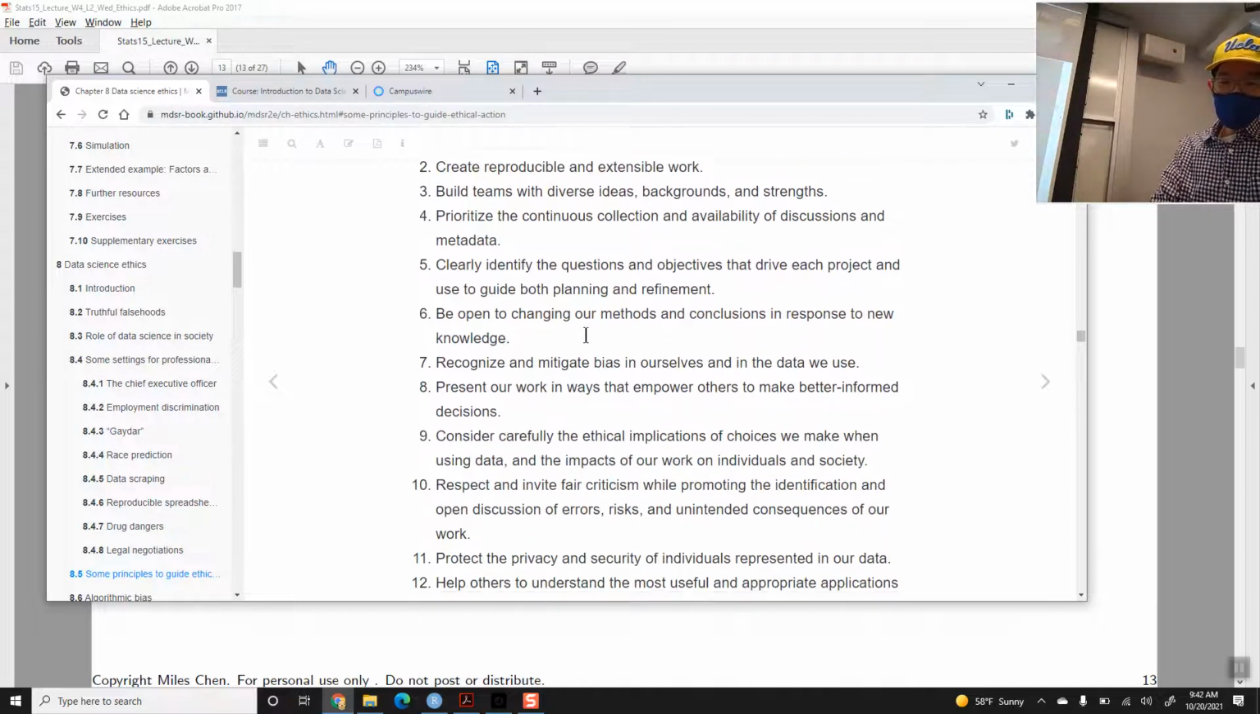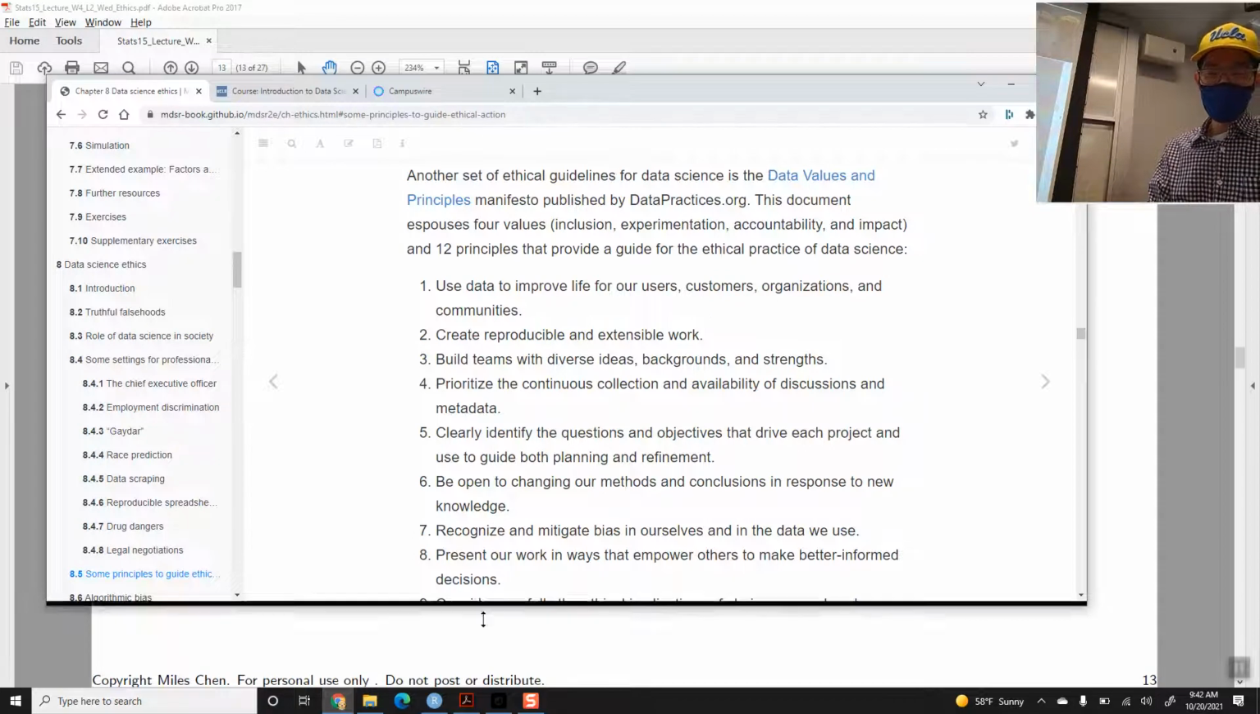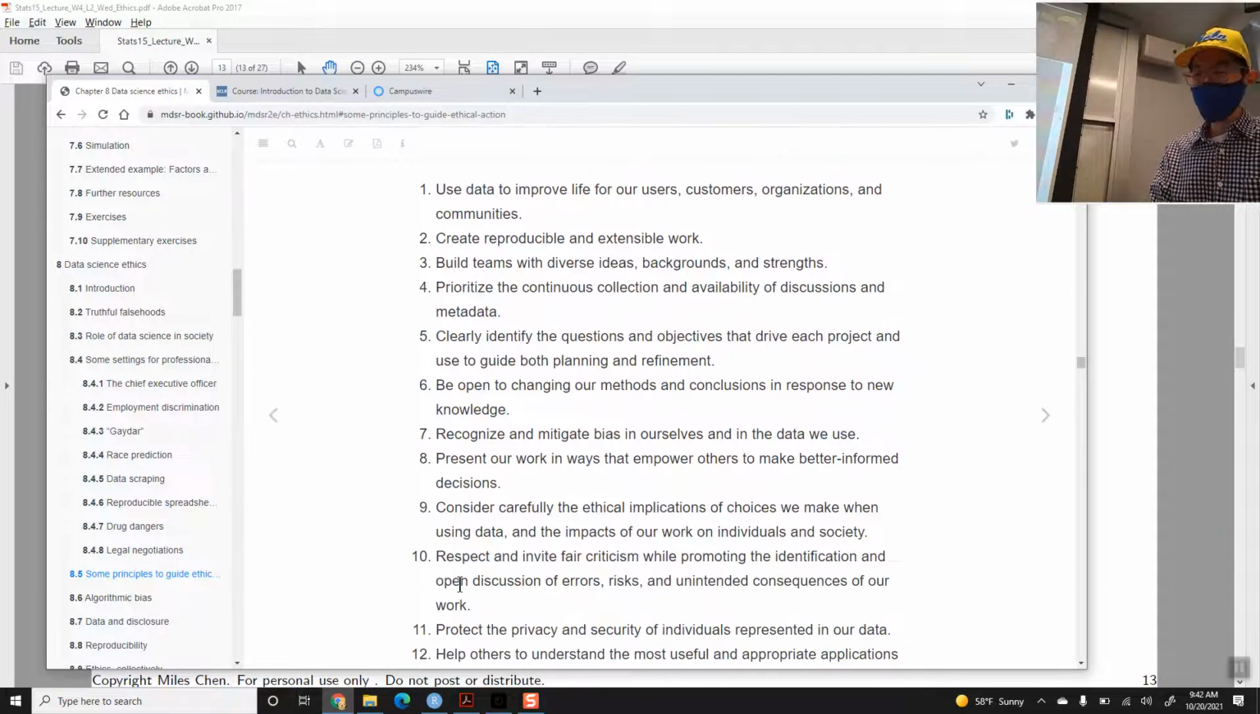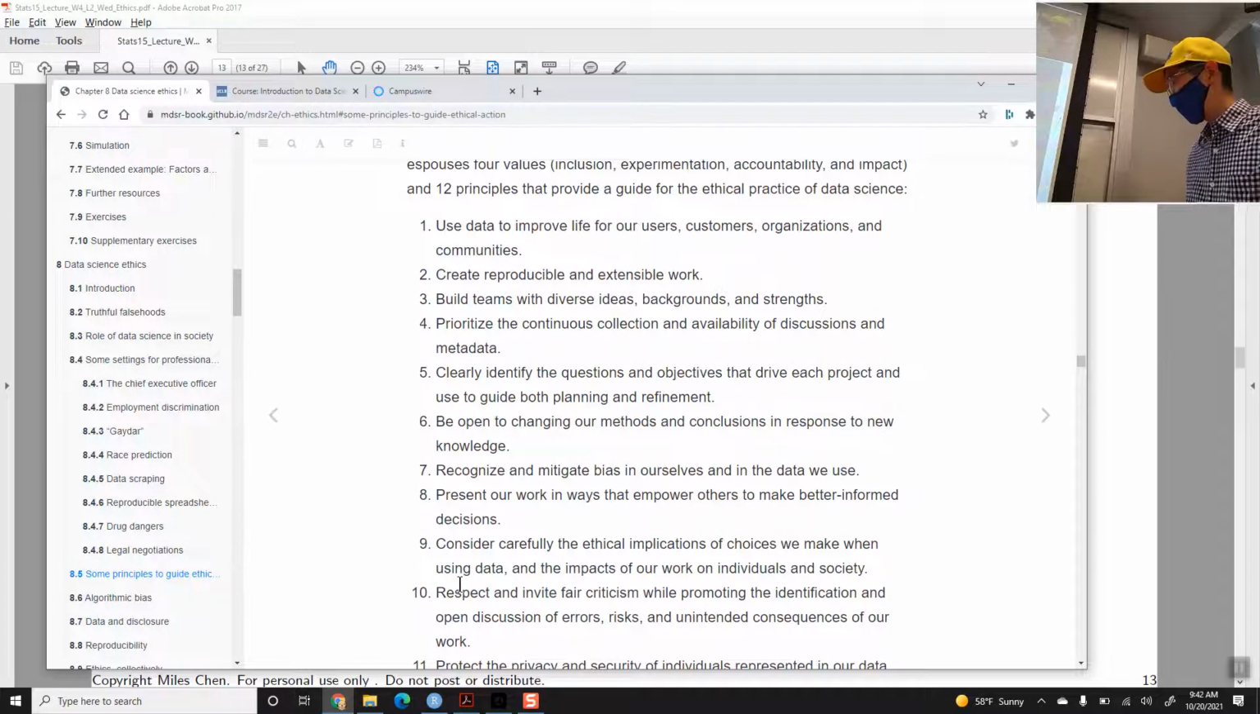Okay, and so here is another set of principles. It says data values and principles published. There's a manifesto. Anytime you use the word manifesto, it sounds a little bit dramatic here. But we have the Data Values and Principles Manifesto published by Data Practices. And these are 12 principles that they say one should hold while working in data science. And perhaps not everybody will agree with all 12 of these points. Some will say, you know what,